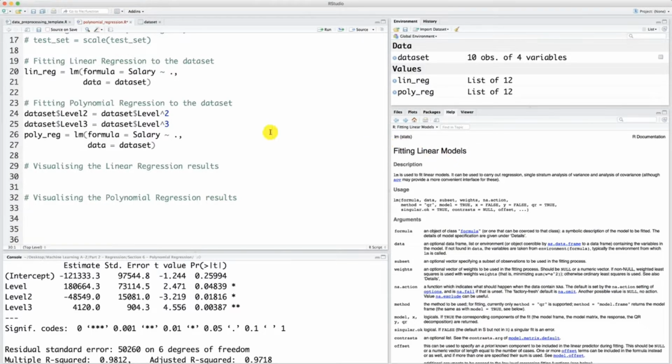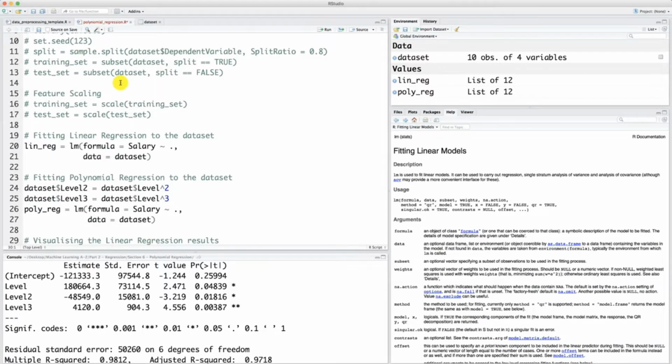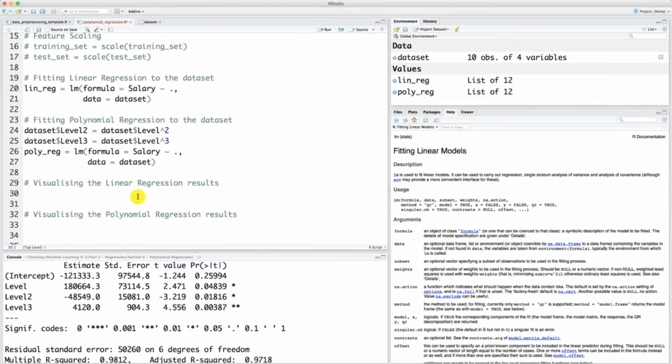Hello and welcome to this R tutorial. So in the previous tutorials we made our first two steps of building our polynomial regression model, which were to pre-process the data, and actually that was really simple because we just needed to import the data set and select the columns of interest. And then we fitted two models to our data set, the linear regression model and the polynomial regression model. So we built the linear regression model as a reference of comparison of the polynomial regression model that we also built. And speaking of comparison, in this tutorial we are going to visualize the graphic results of